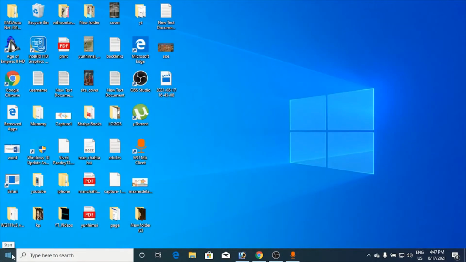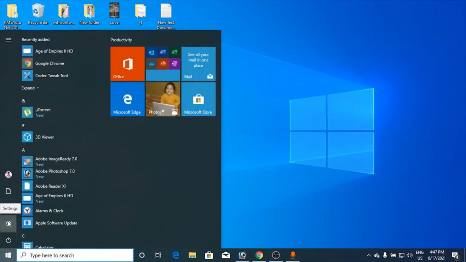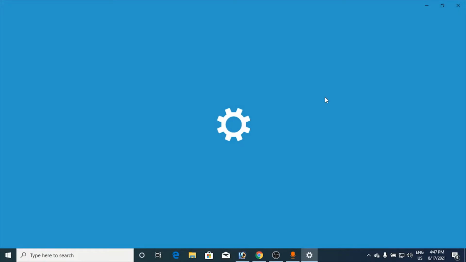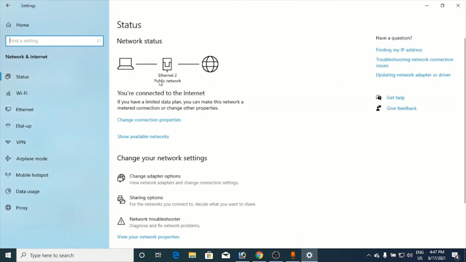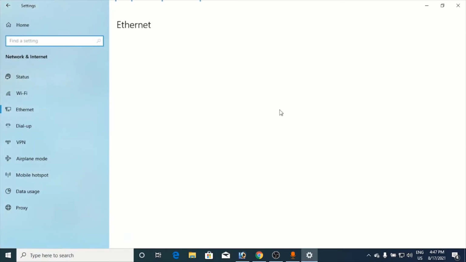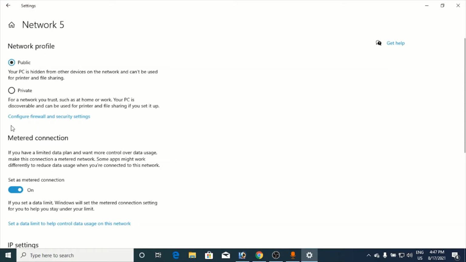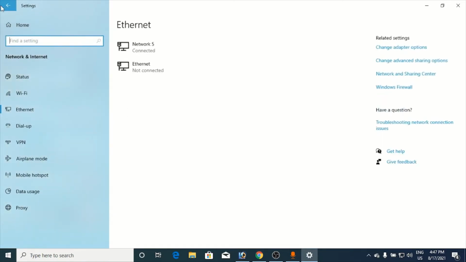Now go to Windows menu, go to the settings here. Now go to network and internet. Now as you can see, I am connected to internet through this network. Now click on change connection properties and make sure that metered connection is turned on. Okay, as you can see, metered connection is turned on. First thing. Now the next one,